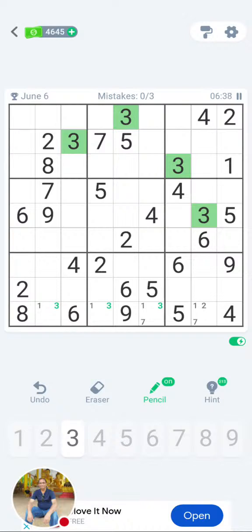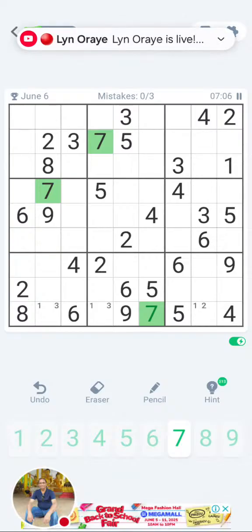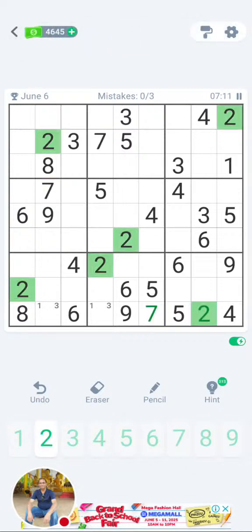That means between 5 and 9, I cannot have 1 and 3, because 1 and 3 already have to come between 6 and 8 and 6 and 9. So I remove 1 and 3 from here. That means it is only 7 that is left. So between 5 and 9, I can fit in only 7, because 1 and 3 have to come on the left-hand side. Correct? And if I fill in 7 there, that means between 4 and 5, I can only fill in 2. So that's how you do the crossword.